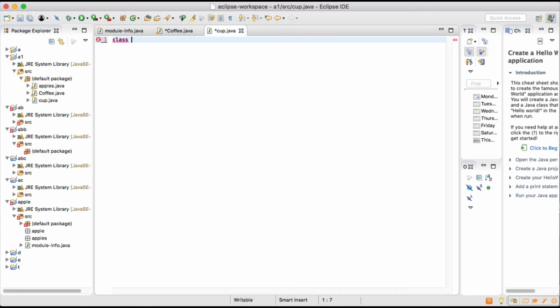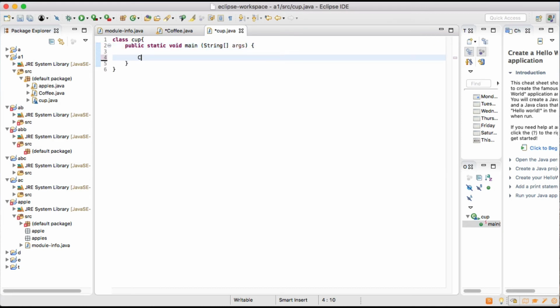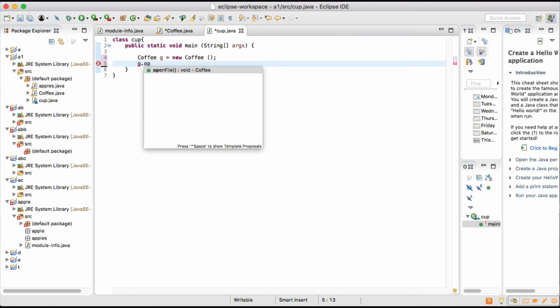Class, since the class name is Cup, I'm going to put Cup right here, and inside of this class I'm going to put public static void main (String[] args), and inside of this main function we are going to write our function that is Coffee, and g is equal to new Coffee and a semicolon, and then we are going to put g.openFile